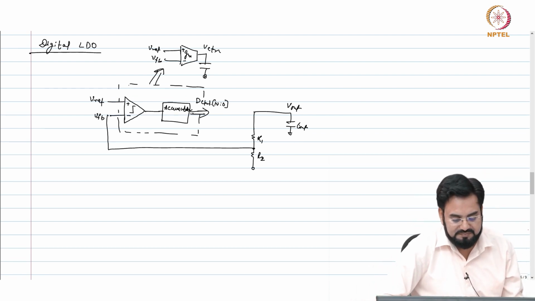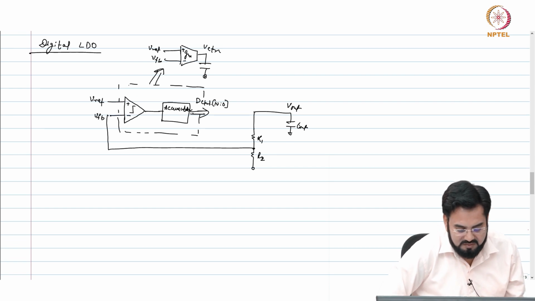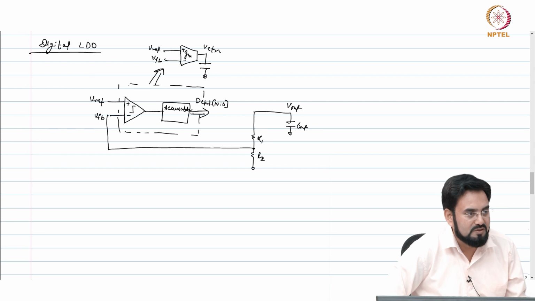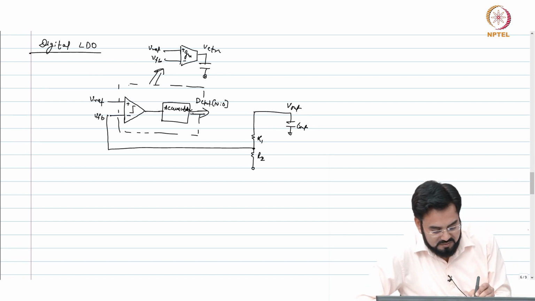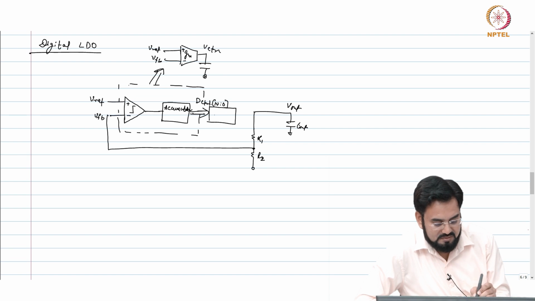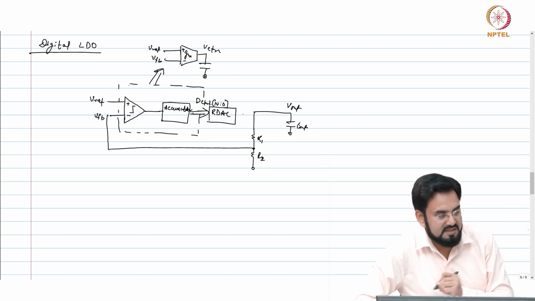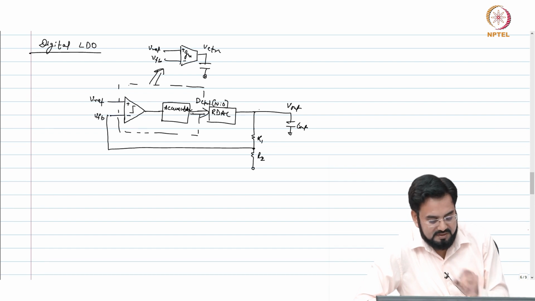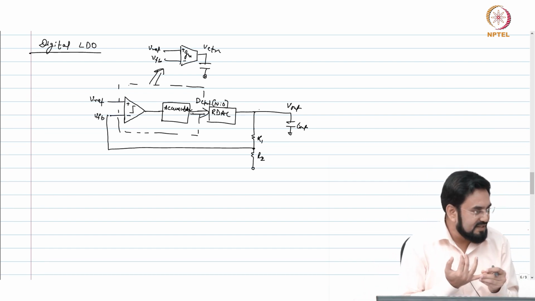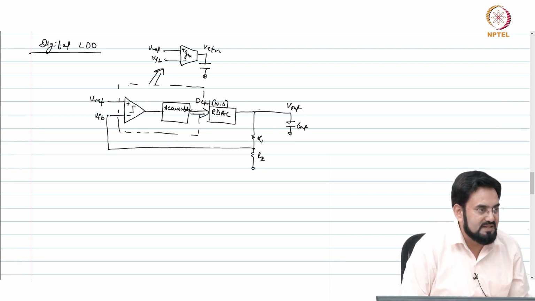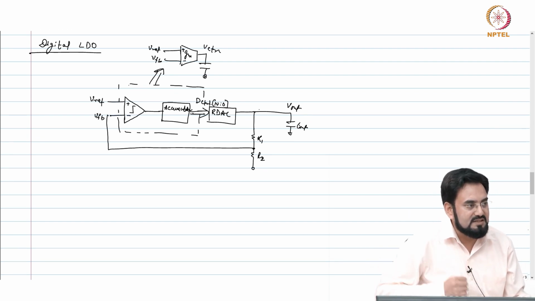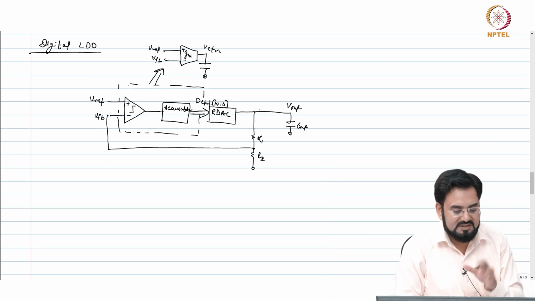Now what else do I require? Where should this code go? Multiplexer? What? So let's say I use an RDAC, resistive DAC. Okay, this is one way. So this resistor can be implemented using a MOSFET, or you can have a resistor in series with the switches. Depending upon what your load current is, you turn on or off these many resistors. So if load current is high, you reduce this resistor. If load current is low, you increase it. So this is one way.